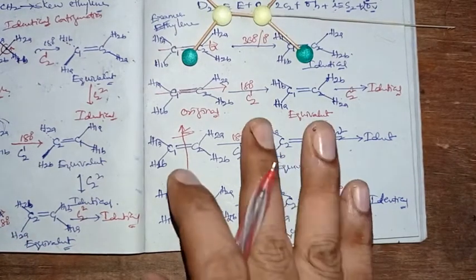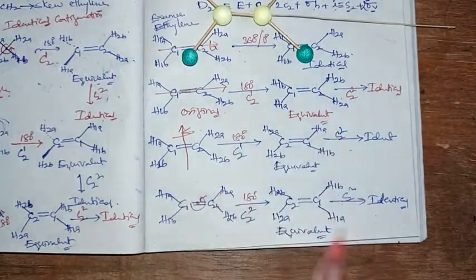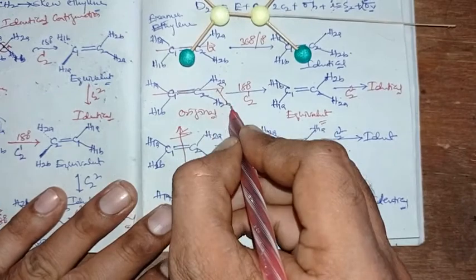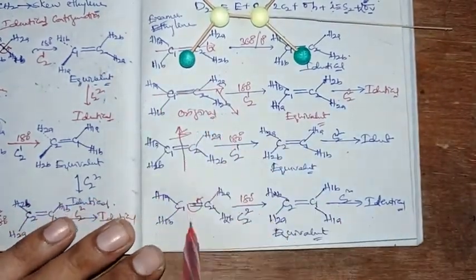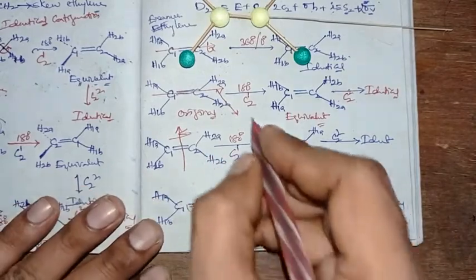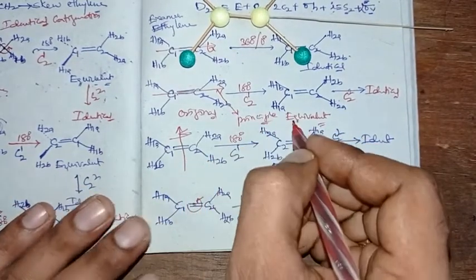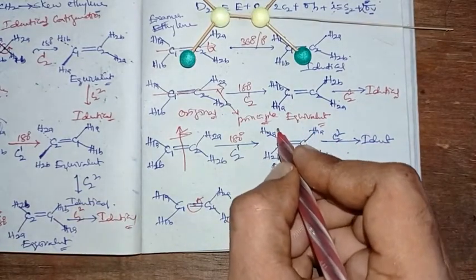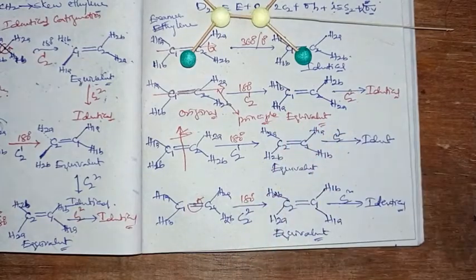So like this the ethylene will have three second fold rotational axes, where, when we compare them, this particular second fold rotational axis is passing through two of the atoms and the other two are not passing through any of the atoms. So this first second fold rotational axis will be called the principal rotational axis, or principal axis of symmetry, right?